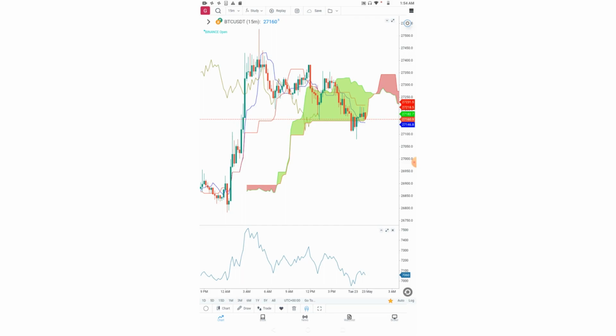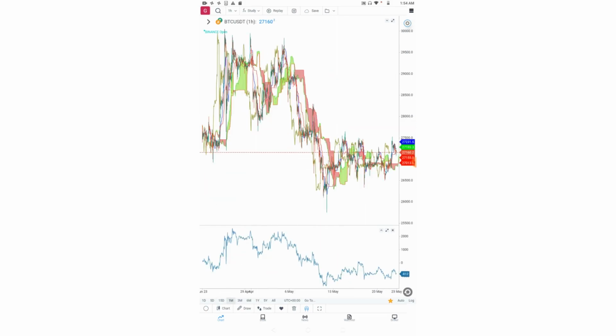Coming to the bottom section, we have these various chart time frame settings for display in the chart. Suppose you need to display data for 1 month in the chart. So you can click here on 1 month and this entire chart will show you the data for 1 month.